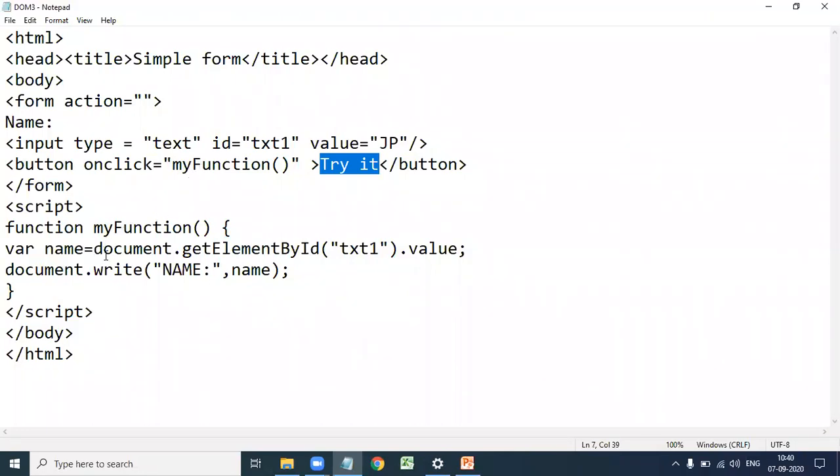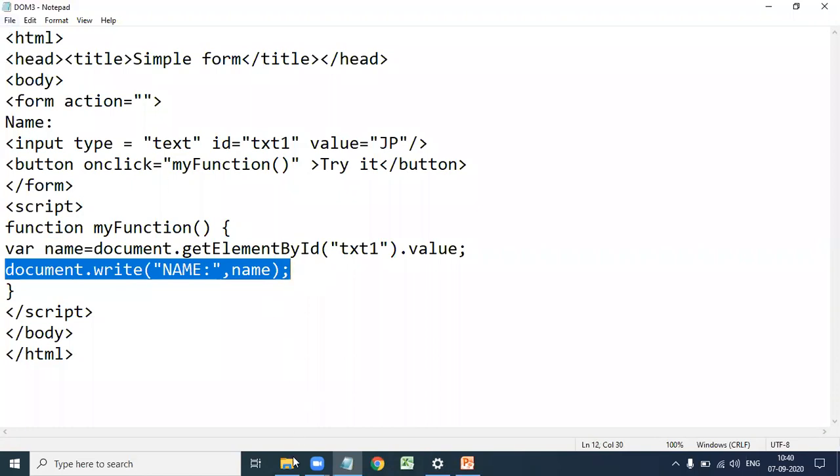In myFunction, we are accessing the HTML element by its ID, using document.getElementById, where the ID is txt1. So we are accessing the value of the element with ID equal to txt1. The element is the text box and the value is JP. That value is assigned to name, and we print the name.